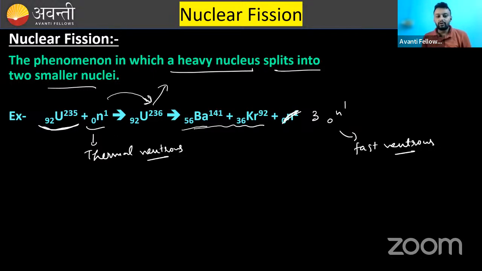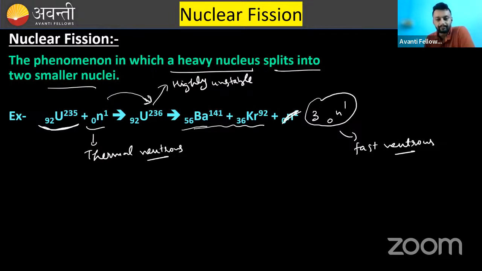So what's happening here? Uranium 235 is struck by a neutron, which is a thermal neutron. It converts to uranium 236, which is highly unstable, and it further breaks into two nuclei, barium and krypton. But I am saying again, it is not mandatory that it will break into these two elements only. But the probability of these two elements is very high. Mark my words. And in the process, three neutrons were released, which have a lot of energy, and these are